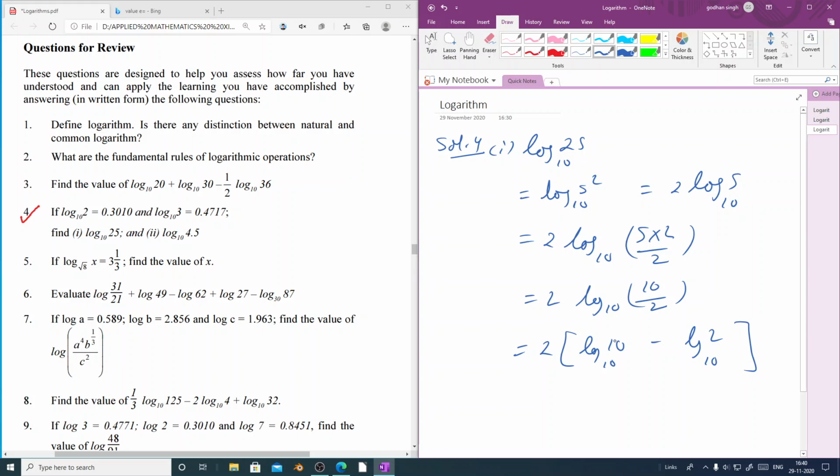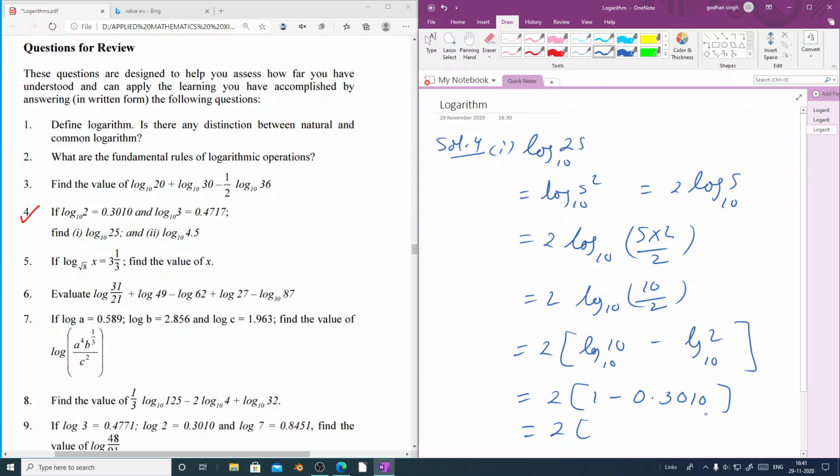Because we know that log 10 with base 10 will be 1, because this simply means what should be the power on 10 so that we get 10. And log 2 with base 10 is already given here, so it will be easier for us to do the calculation. So equal to 2 into, this will become 1 minus log 2 with base 10, which is already given here, 0.3010,